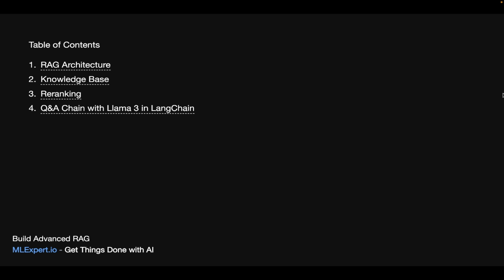So here is an overview of what we're going to cover. First, we're going to have a look at the essential architecture and the main components of that architecture. Then I'm going to show you how you can build your knowledge base. This is one of the components. Then we're going to have a brief look at the Reranker that we're going to be using. And finally, we're going to wrap everything within a Q&A chain from Langchain. And we're going to initiate our LLM, which is going to be using the Groq API,